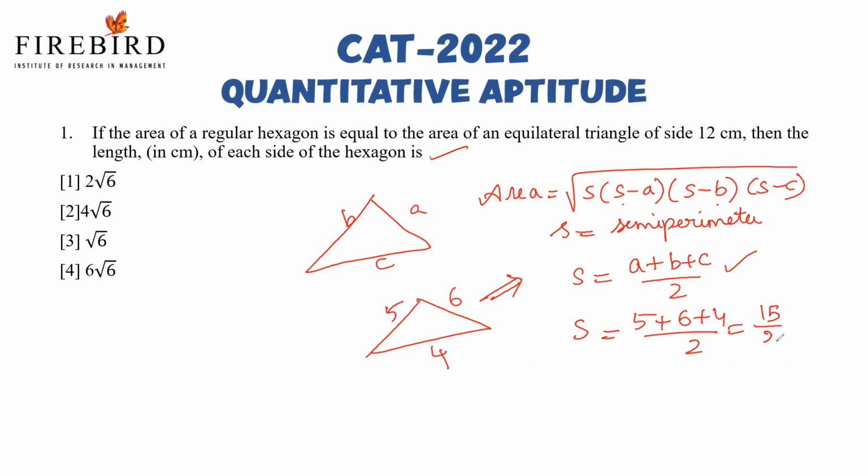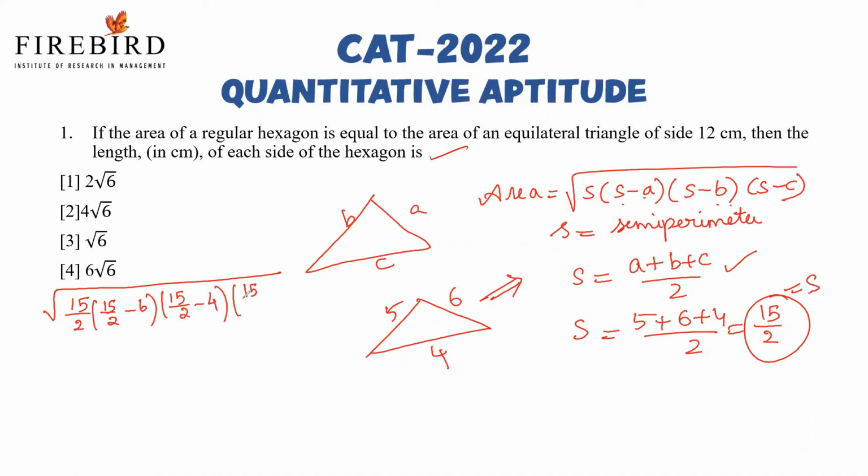So 15 by 2 is the semi-perimeter. Okay, taking S value as 15 by 2 and a, b, c. If you substitute all the values, suppose if I solve, so 15 by 2 into 15 by 2 minus a value, let us take as 6, and 15 by 2 minus 4 and 15 by 2 minus 5. Okay, so square root of 15 by 2 into 15 minus 12 by 2 and 15 minus 8 by 2 and 15 minus